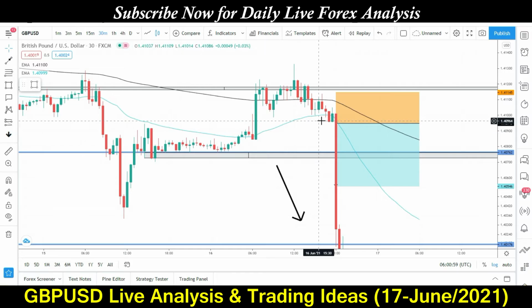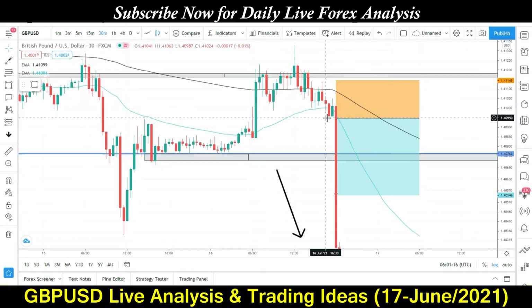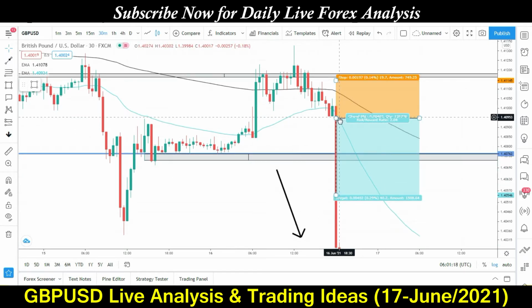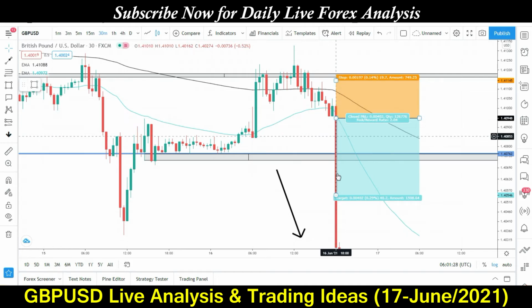Okay, so the market was here almost, there was FOMC time and I was expecting that the dollar would be strong and GBP/USD would fall down. So I set a sell stop order below this candle. There was my sell stop order. My SL was almost 30 pips and the market came down, opened my order and shot down. When the market came here, I closed my trade. I got almost 1-2 risk reward.